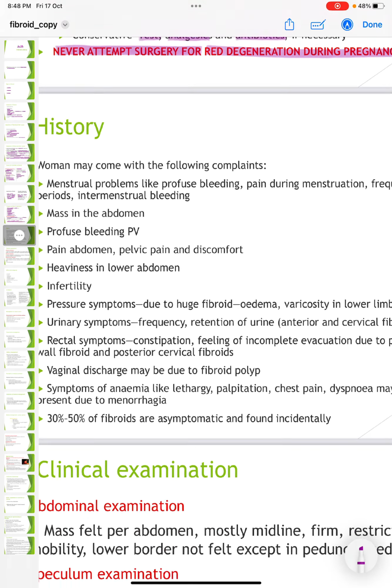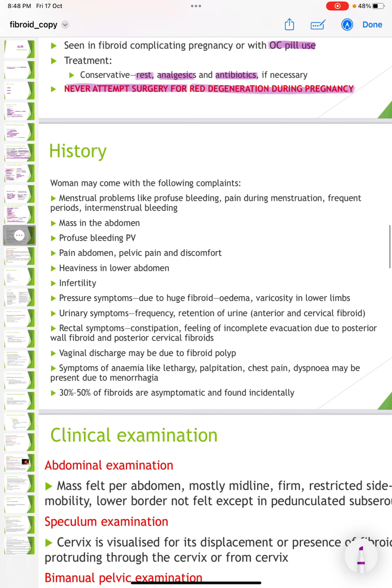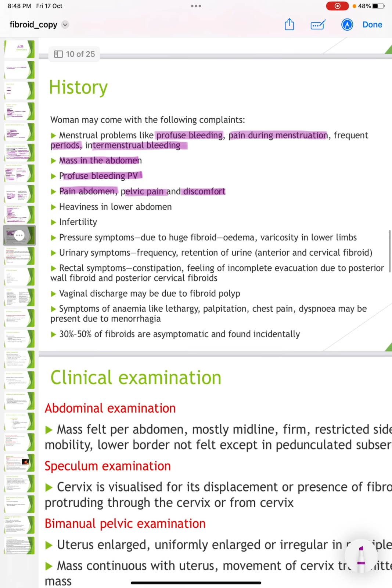So what is the history? History suggestive of menstrual problems like profuse bleeding, pain during menstruation, frequent periods, intermenstrual bleeding, or mass in the abdomen, profuse bleeding PV, pain abdomen, pelvic pain, discomfort, heaviness in the lower abdomen, then infertility, pressure symptoms because of huge